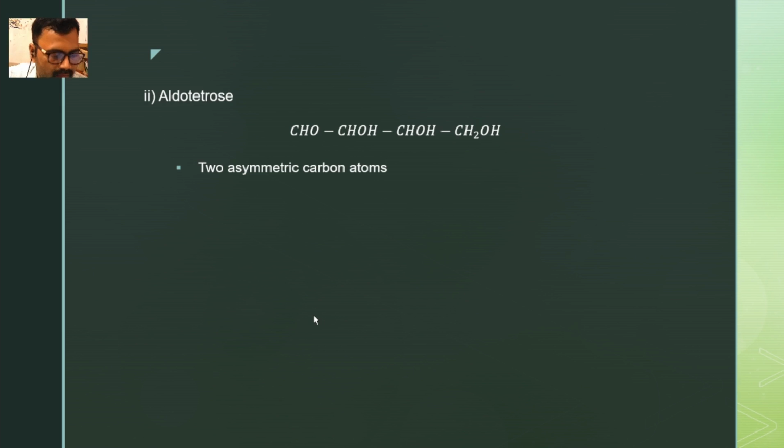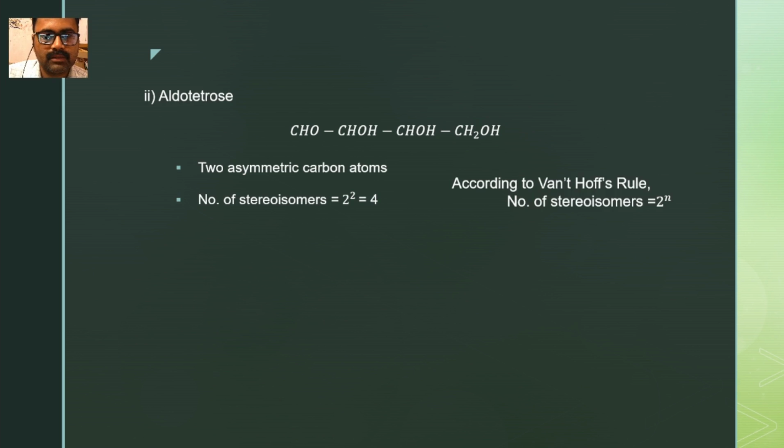The second type of aldose is the aldotetroses. So aldotetroses have 4 carbon atoms, out of which 2 chiral carbon atoms are present in this molecule. So these are carbon number 2 and 3. These 2 carbon atoms contain 4 different groups, and therefore these 2 carbon atoms are chiral carbon atoms, and therefore according to the van't Hoff rule, the number of possible stereoisomers is equal to 2 raised to 2, that is 4, and these 4 stereoisomers exist as 2 pairs of enantiomers,